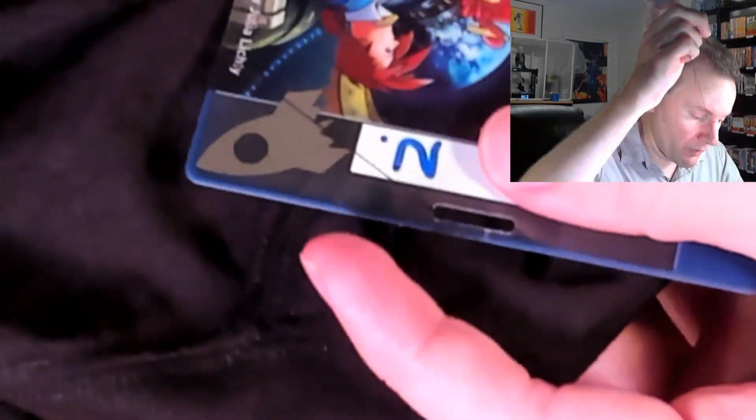Okay. So there's that thread going through there. Again, I want it in basically the same spot. I'm just going to be looping over and over the same spot, so it's securely held on this end of the fabric, this end of the badge,